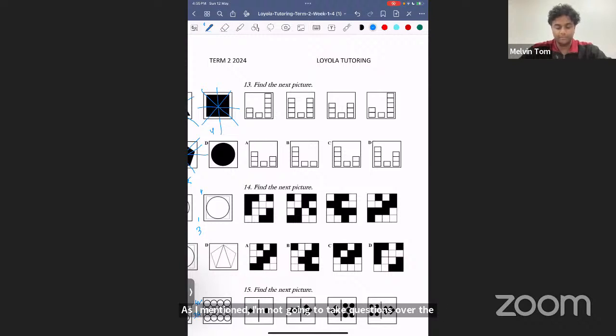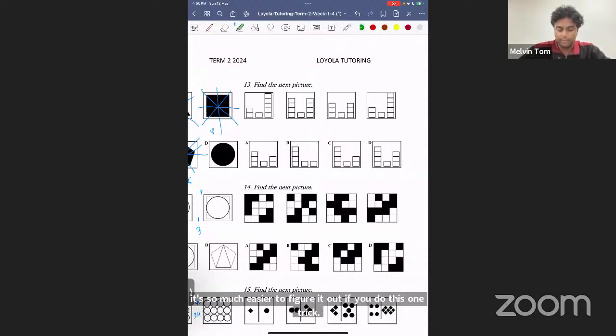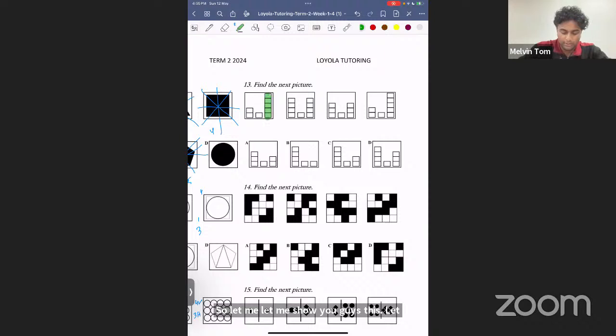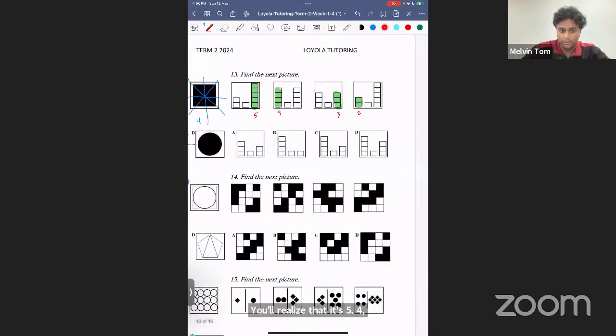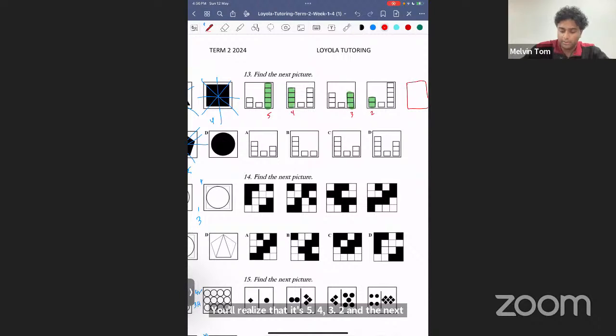All right. Question number 13. It's confusing if you just explain it, but it's so much easier to figure out if you do this one trick. And that is, again, like we've done before, highlight the ones that are moving. So let me show you guys this. Let me highlight this, this, this, this. And if you count how many blocks there are, you'll realize that it's 5, 4, 3, 2, and the next one should be